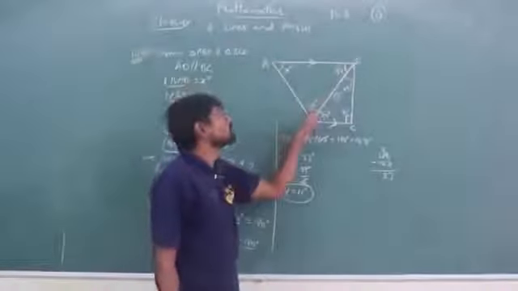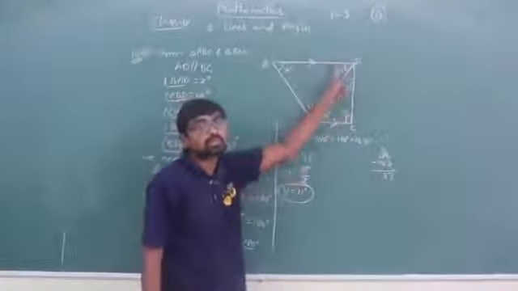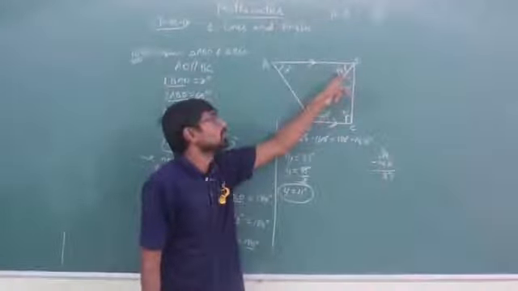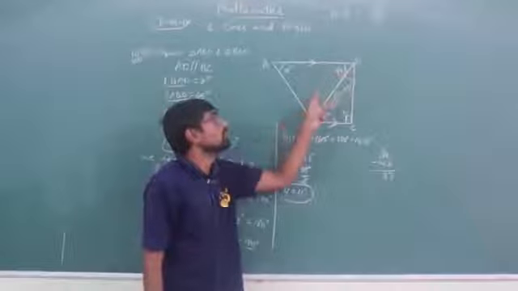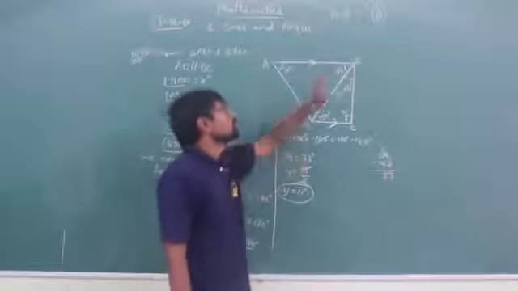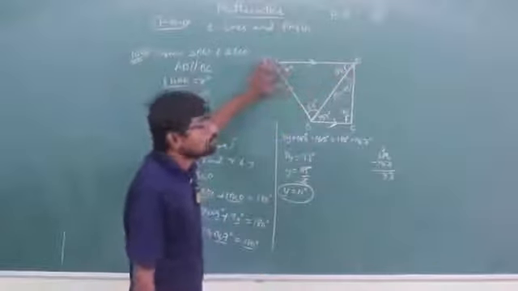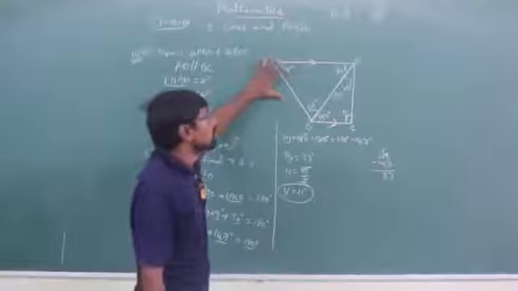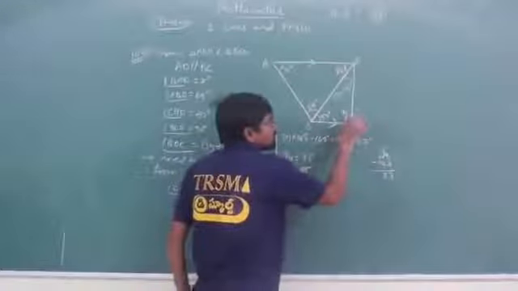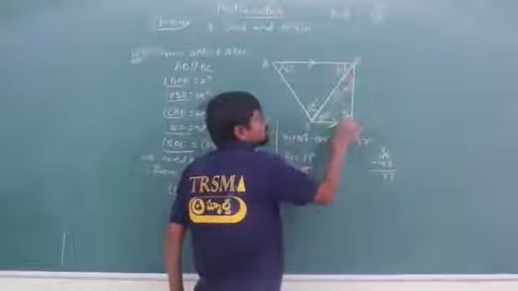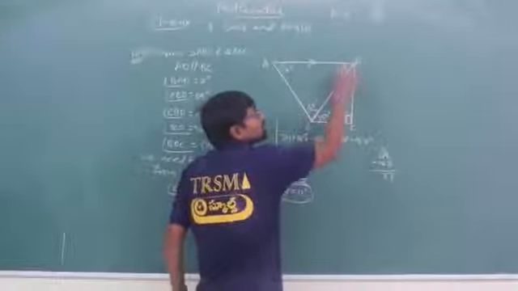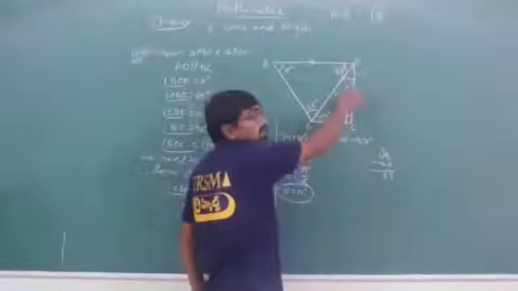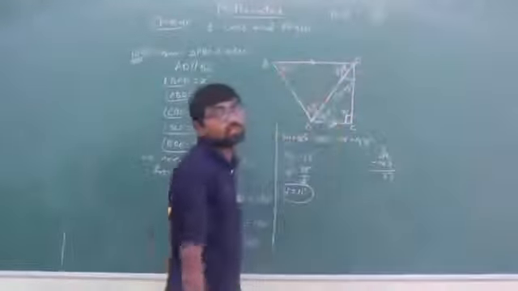If I add these both, sum of interior angles is 180 degrees. 60 plus 50, 110, 117. 180 minus 117 will give you the answer for x degrees, isn't it? This is how you can do. One more method: as these both are parallel, it means they are both perpendicular. So the sum of these two is 90 degrees. After removing 90 from here, you will be getting 52 degrees.